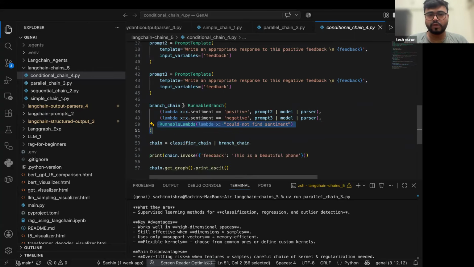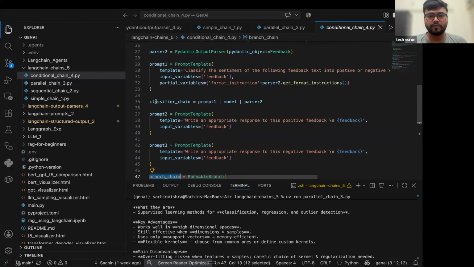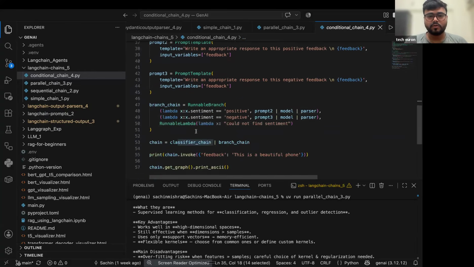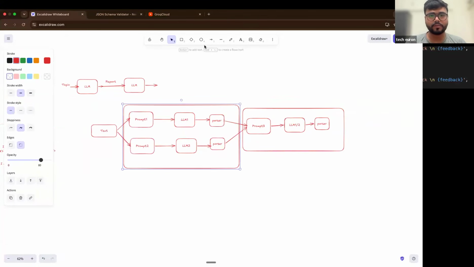Okay. That's it. So with the help of this runnable branch, we are able to create something called a branch chain. All right. So now it's simple. We have the classifier chain available over here. Now, let me just once again draw the diagram. You see,